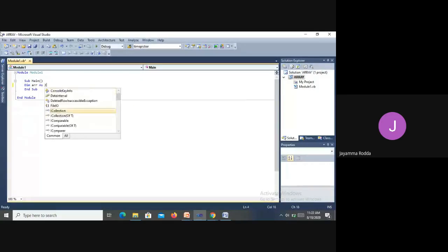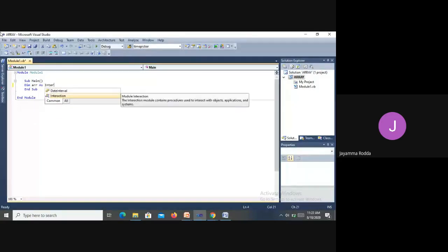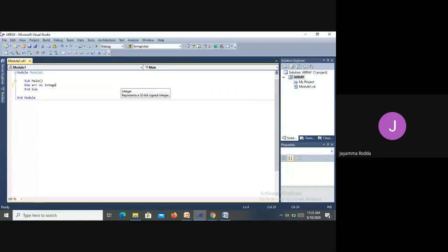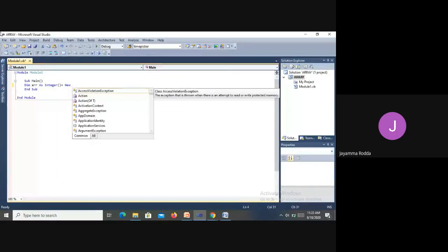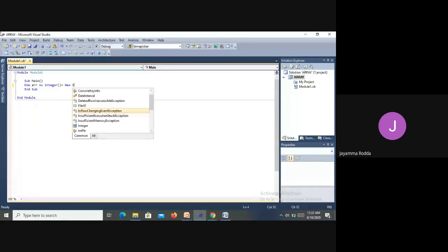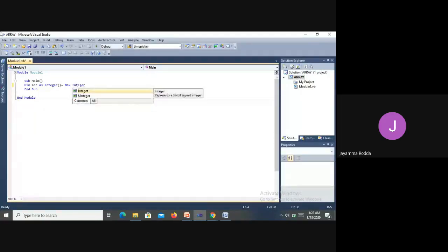So I'm going to create an array of integer data type. If I'm not giving any value to this, it means I'm going to assign the values later. New integer of mine. So this is the array declaration.